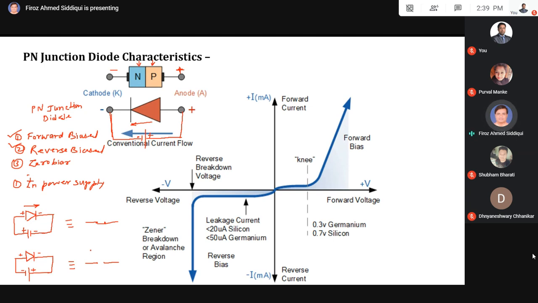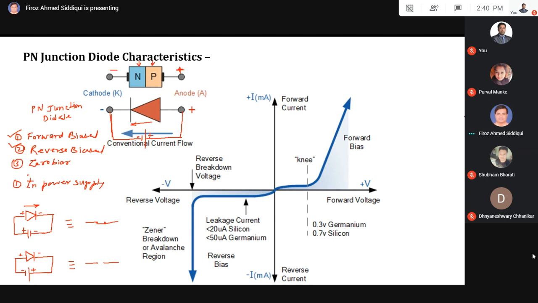So if we see, we can take the diode as an ideal diode or we can take it as a practical diode. But when numericals based on diodes come in the GATE exam, you have to decide whether to consider the diode as an ideal diode or a practical diode. So what does that depend on? See, that depends upon the input voltage or the supply voltage applied across the diode.